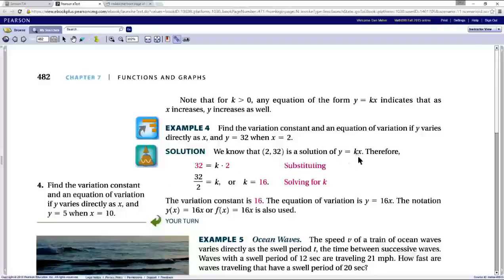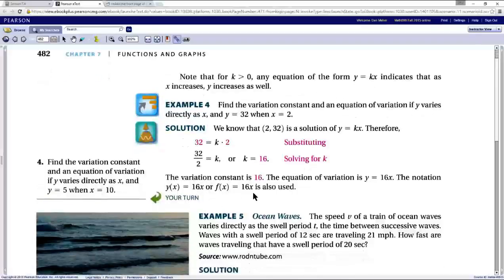I take the formula that they give us, or this form in a sense. Well, in this case the y is 32 and the 2 is x right here. So I end up with 32 equals k times 2, or 2k, and I solve for k and I get 16. So the variation constant in this case is 16. In other words, the equation y equals 16x